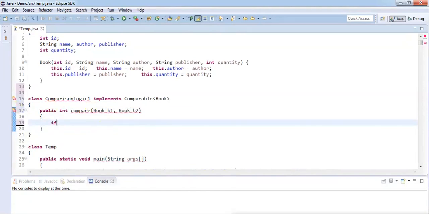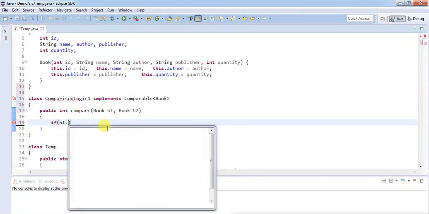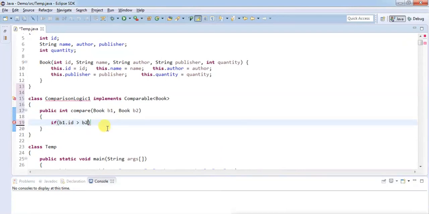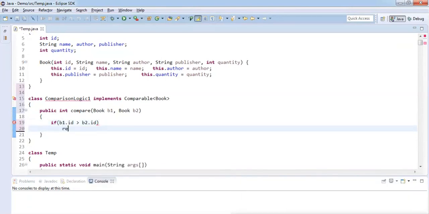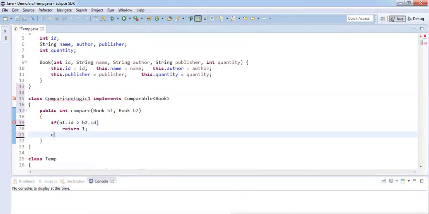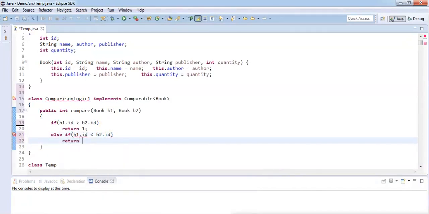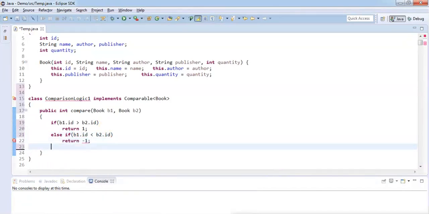If b1.id greater than b2.id, then return a positive value. Else if b1.id less than b2.id, then return a negative value. Else return 0.